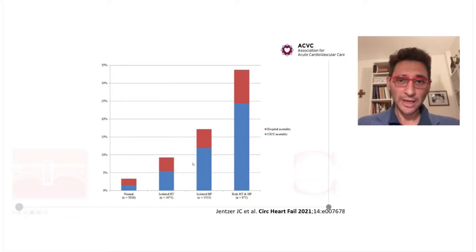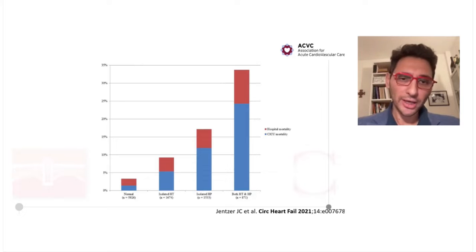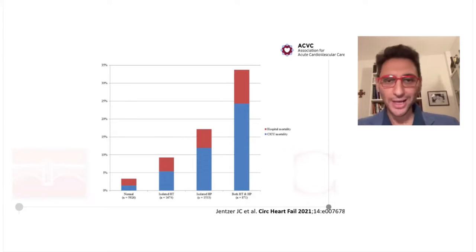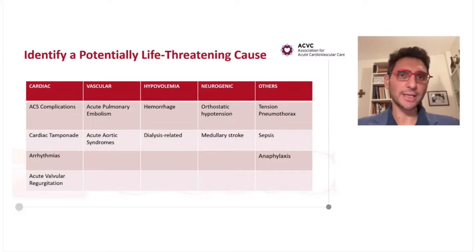It is useful, this work that I think Sean was involved in, about the utility of differentiating hypotension and hypoperfusion. As you can see, the hospital mortality for a patient with isolated hypotension is lower than for a patient with isolated hypoperfusion. So this is a classification that provides some rationale for using stage B and stage C.